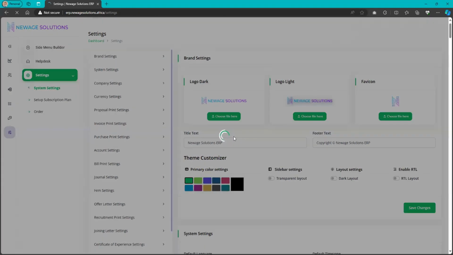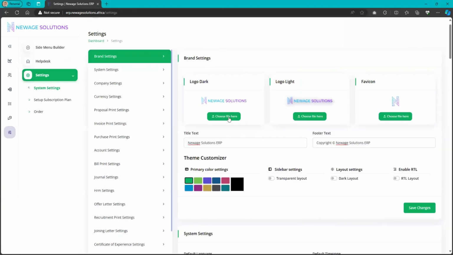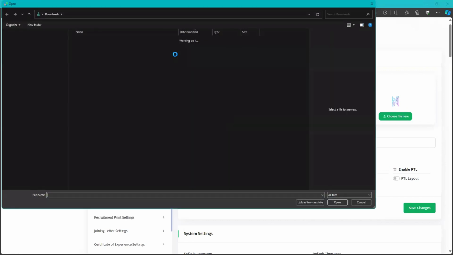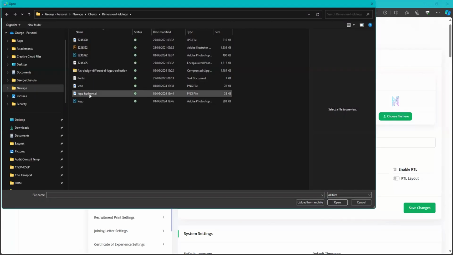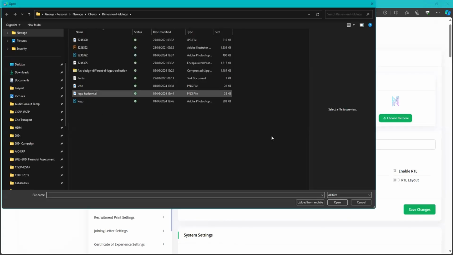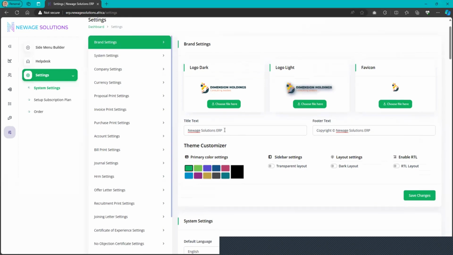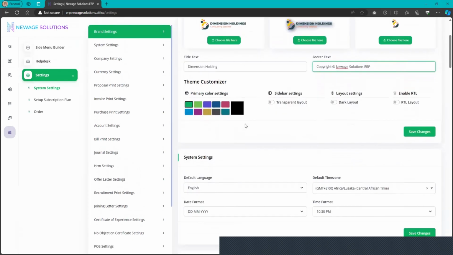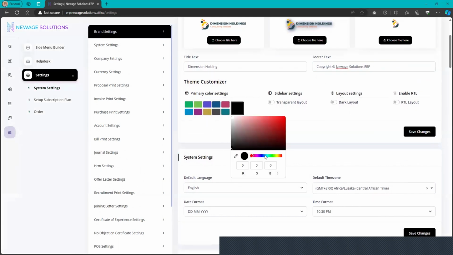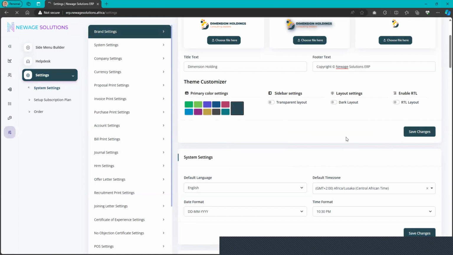Let's change this logo. I have a logo that I've done for this fake company. So that's the logo there. We're going to put it on here as well. And then the icon. Okay. And so you just want to have that branding there. And let's change this color. We can save that